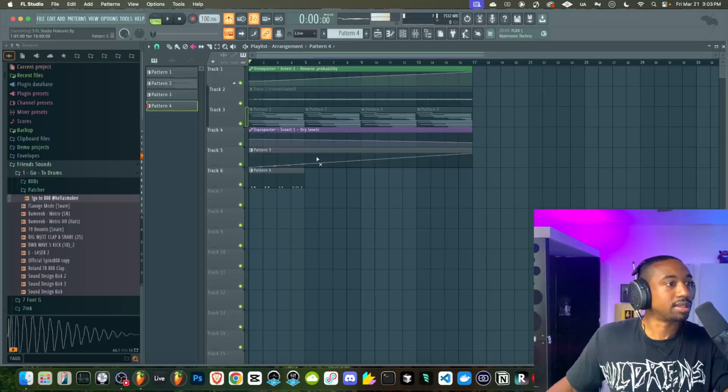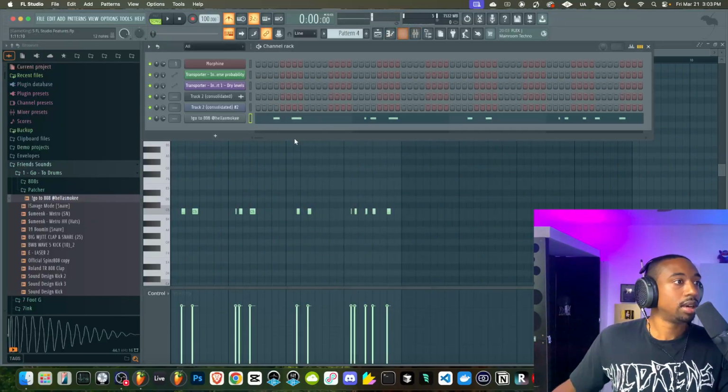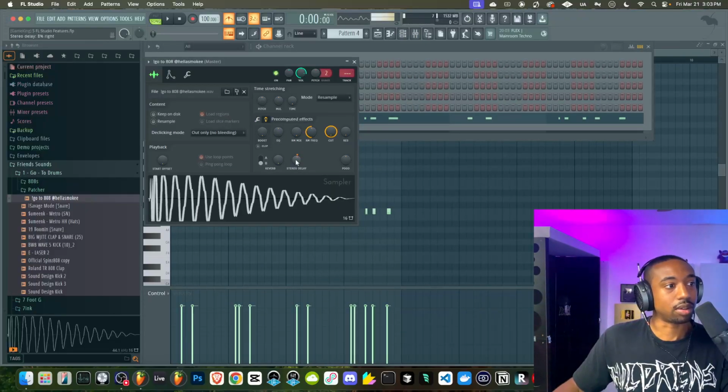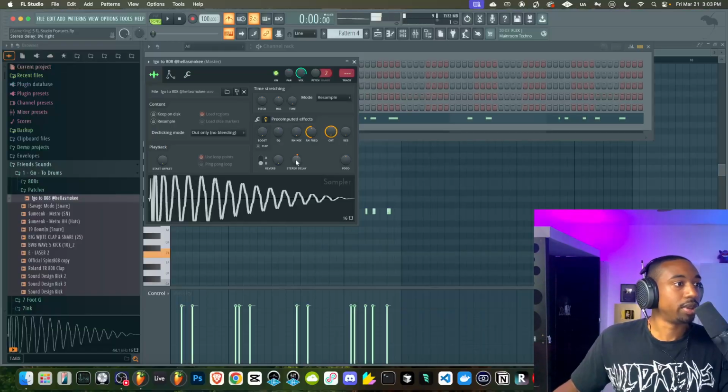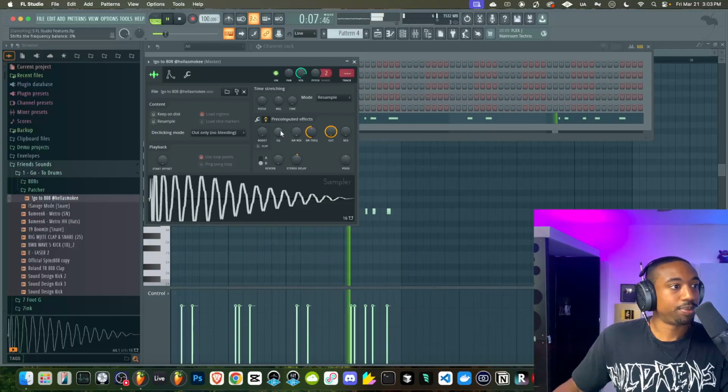Okay, so, but the thing is the 808 is very linear. Let's double click, hit Alt Q to quantize. Go back to your channel rack here. We're gonna go to the 808, go to the pre-computed effects, mess with the stereo delay. This is a built-in widener, and it's very good for vocals too. And now the 808 has width to it without doing a bunch of stuff.